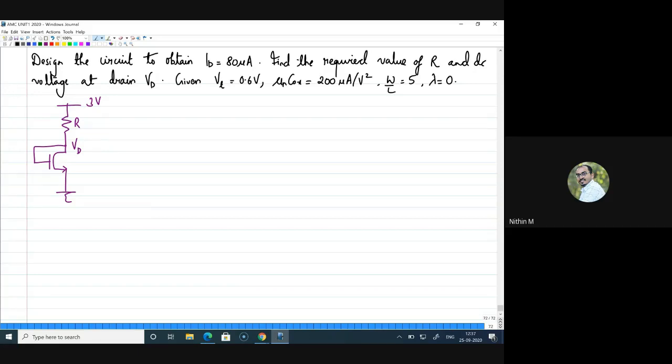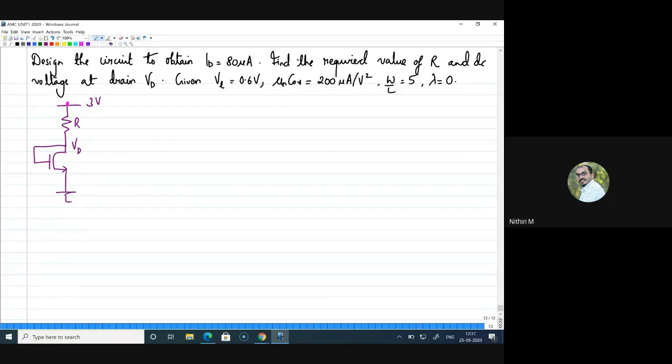The 3-volt which is connected here, you can see it is connected to this point. You can assume the same thing. This is connected to the positive of the battery and the negative of the battery is connected to ground. That is what you should understand when you look at this circuit diagram.